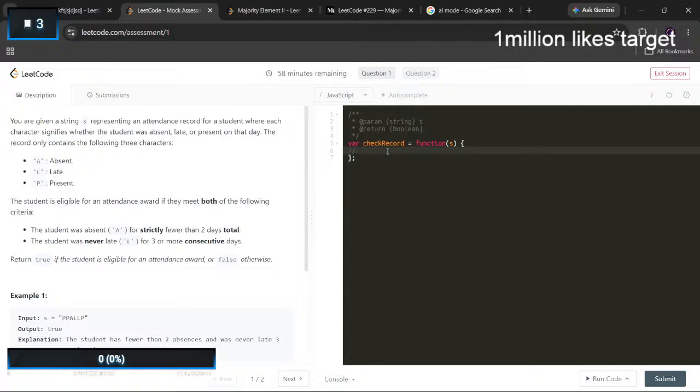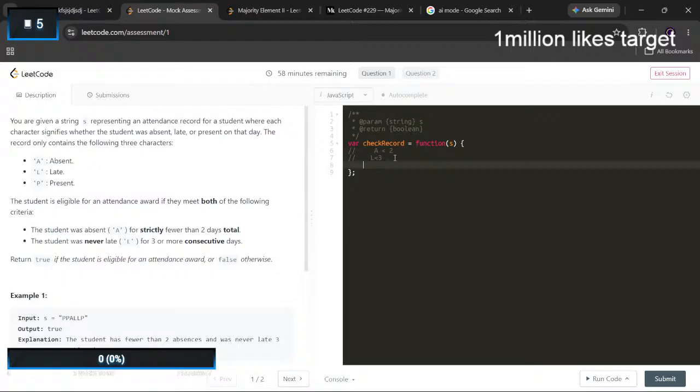We have A should be less than 2, and L should be less than 3. Present doesn't matter. Only A and L matter.